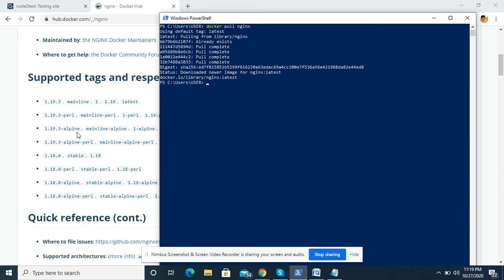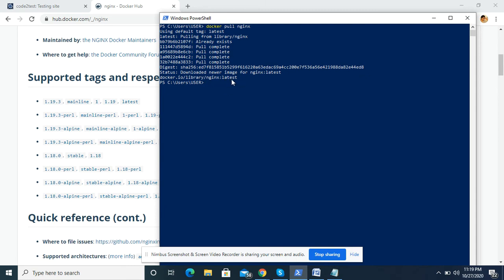Alpine is actually a distribution of Linux. When we take an alpine image, it is basically small in size, might be 5 MB or something like that. These are just distributions of Linux. Also we have Jessie, which is again a Debian distribution. Okay, we see that our download is done.